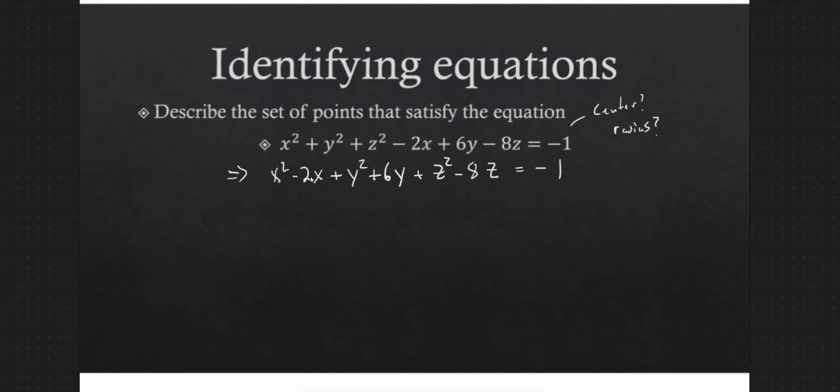In fact, I just did this one. Half of 2 is 1. Square that, I get 1. So that's what I'm going to add and subtract. X squared. And rather than adding and subtracting it, I'm actually just going to add 1 to both sides. That'll balance it. That's another way to balance it. I could either add and subtract the same quantity from the same side. That's the same as adding 0. Or I can add the same number to both sides, which in effect, I'm still adding 0 to both sides